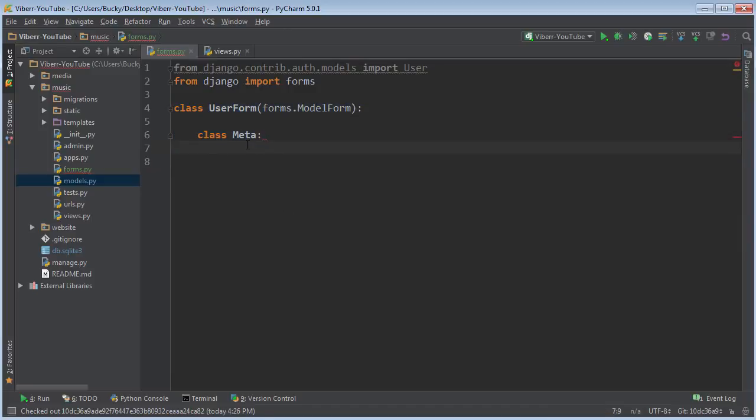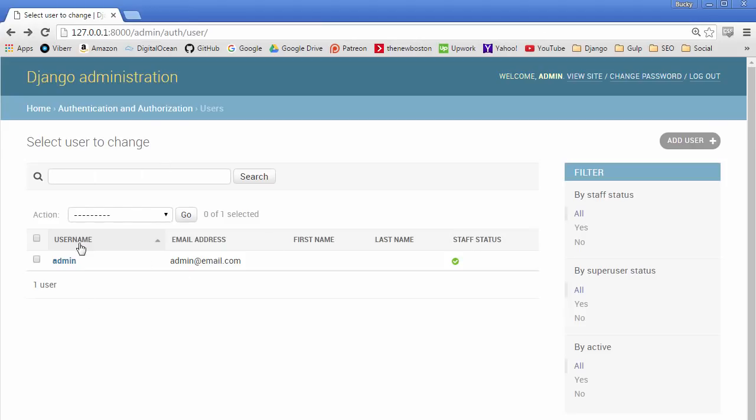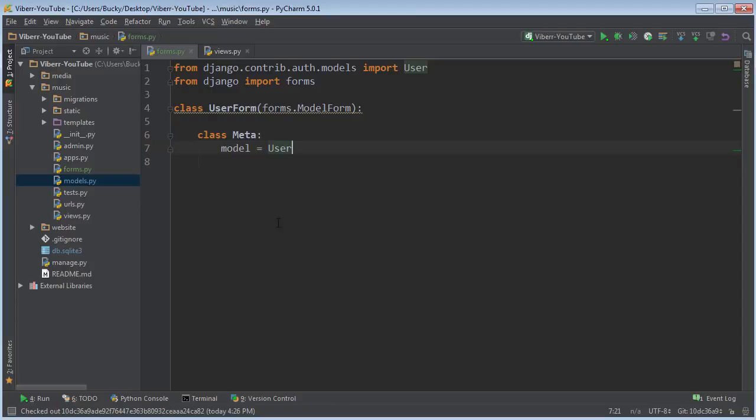Sounds kind of weird, but there you go. So the base model is going to be user. In other words, whenever a user creates or signs up for your site, it's just going to go in the same table right here. So we're not creating anything brand new. We're just saying what information we need out of them. So for the fields,